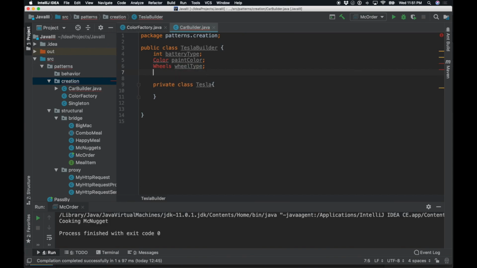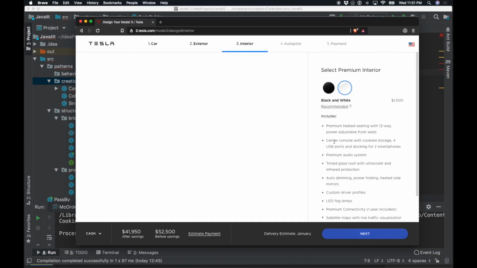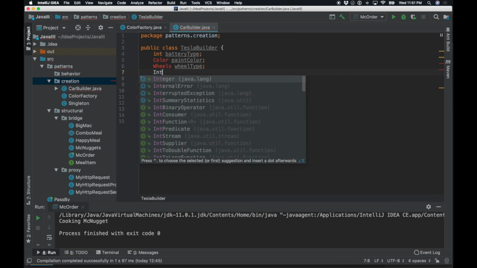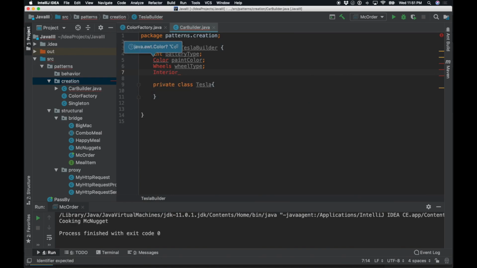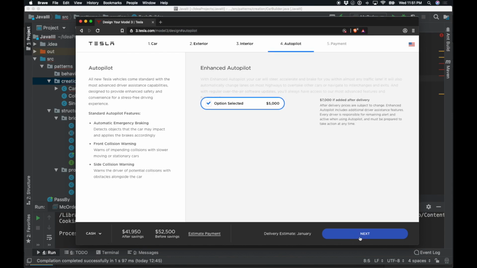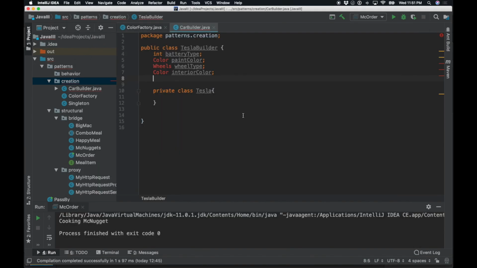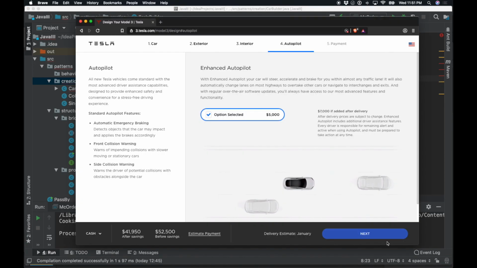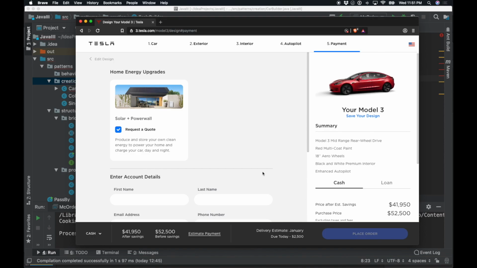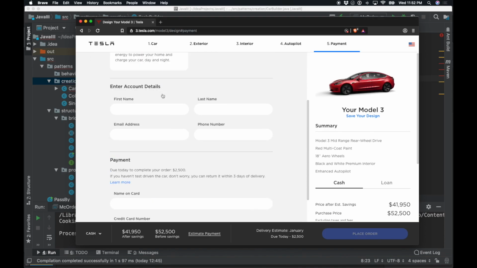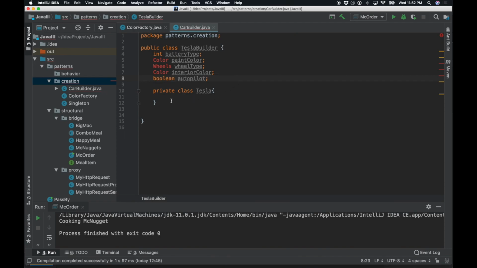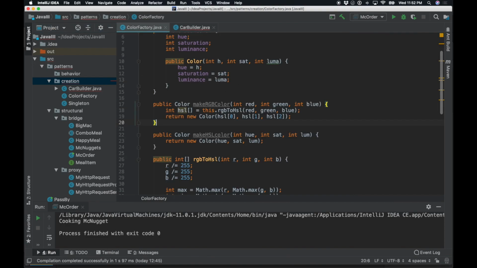And right now I'm faking the classes. That's why they're red. But interior, I don't know, it's a color. Interior color. And then let's say Boolean autopilot. And so if we wanted to do this via a traditional constructor,